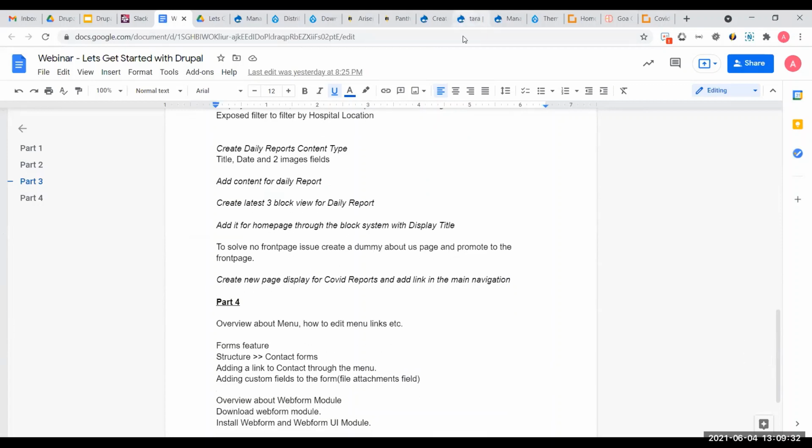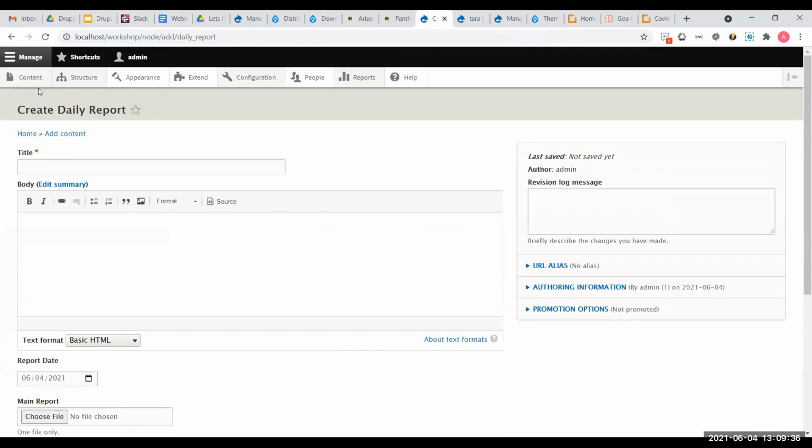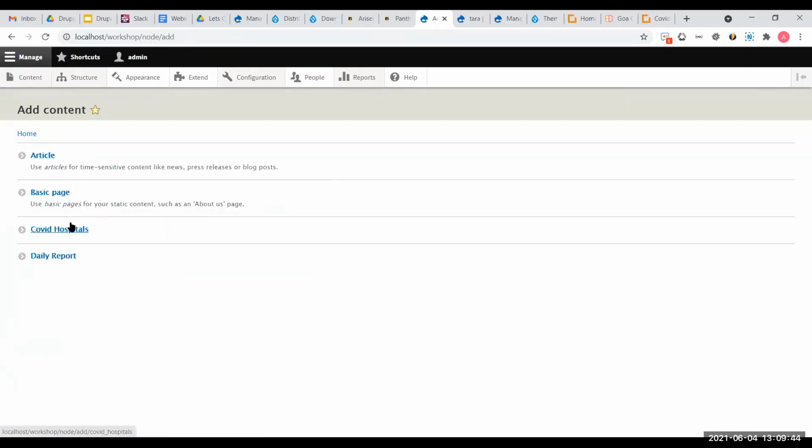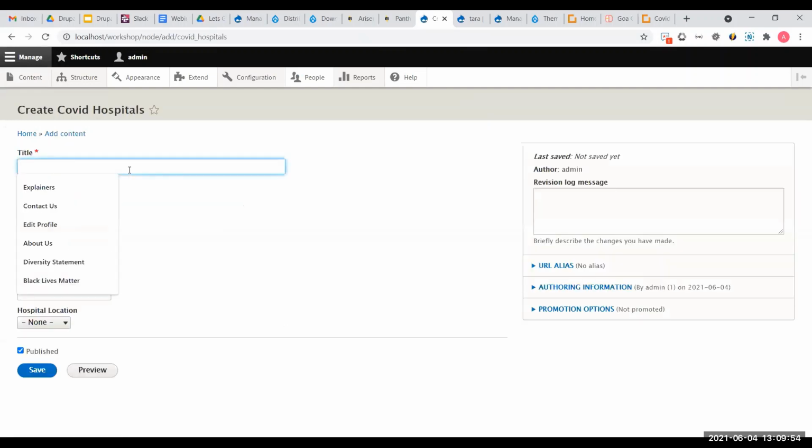Okay. So before we start fetching the data, let's try to add some data. What we'll do is I'll go to content and add content. Let's first try to add a few hospitals so we can use them in views. I'll go to add content, COVID hospitals, and enter the name